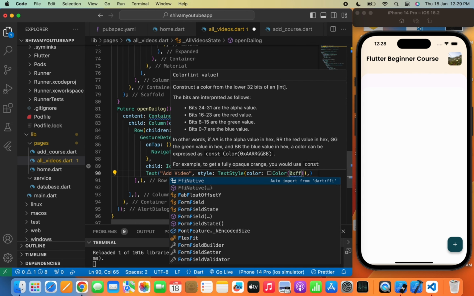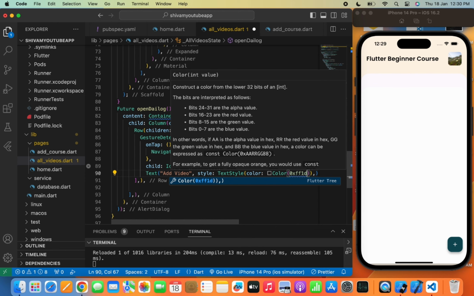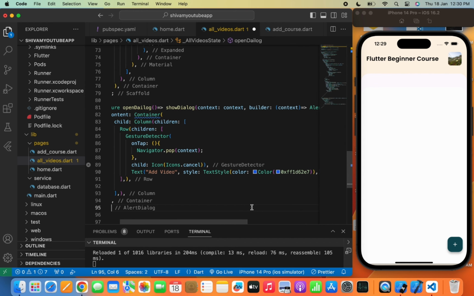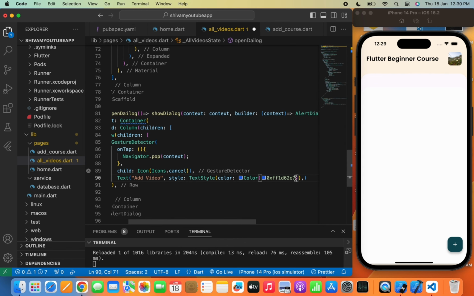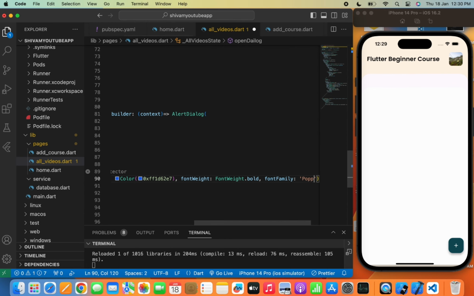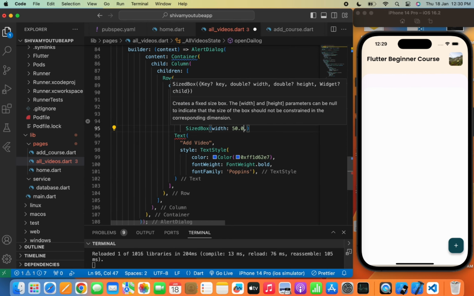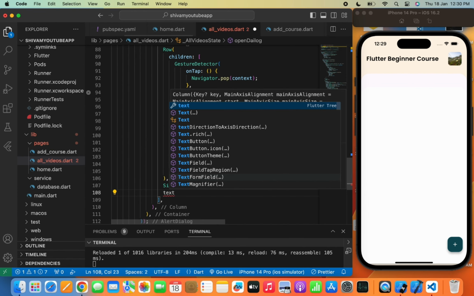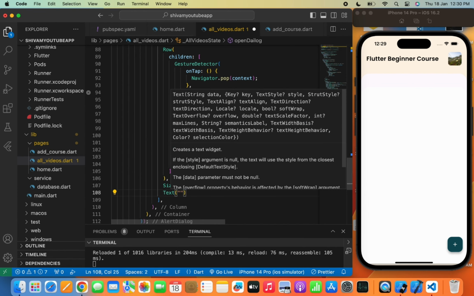So in the text widget we'll pass an add video text, and in the style we'll pass a TextStyle, and in the color we'll first pass a customized color code and FontWeight.bold. So here it is done. Now let's provide the SizedBox width 50.0. Now we'll create a text widget here, and in the text widget I will suggest the user to add